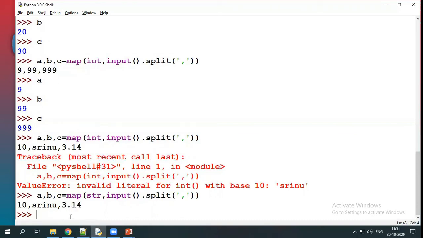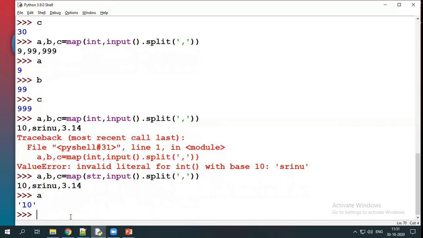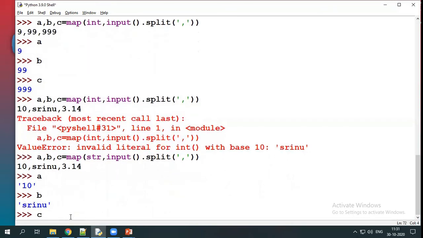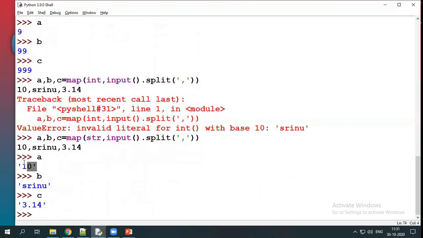If you print a, b, c values, all will be strings. Even though we are giving different types of input values, it reads all of them as strings, so it doesn't throw any error. But in the previous case, we specified integer but gave different types, so it threw an error.